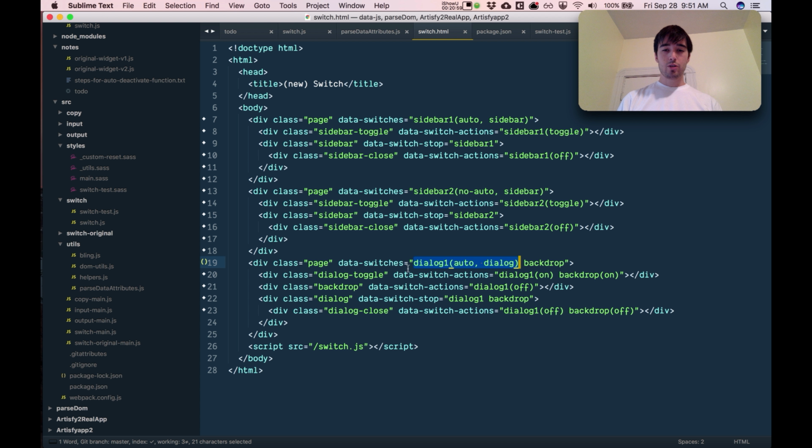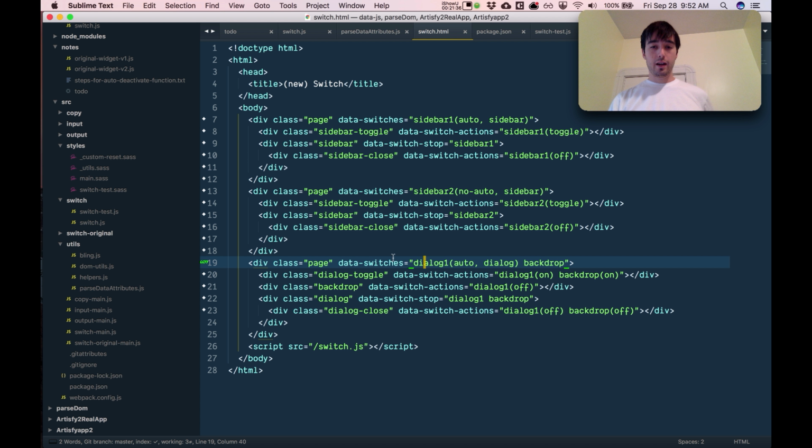So if you had like 5 dialogs on a page, you might put these switches on the body. And the reason you would put it on the body is, as I explained in the last video, you would want other elements to be able to know if this dialog was open for some reason. So it's nice to just have the switch properties and the on properties on the highest level element. So this is a little bit of a problem,